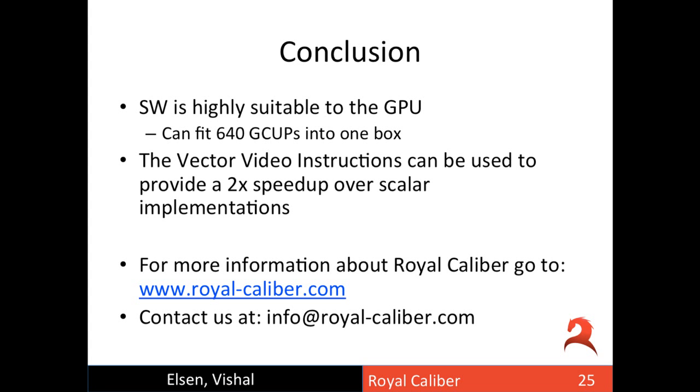And actually, if the human genome is 1 billion base pairs, and we want to align a sequence of, let's say, 1,000 base pairs to the human genome, that's 1,000 times 1 billion, or a trillion cells that we need to calculate. So if we had over a teracup in a box, we could do an exact alignment to the human genome in less than a second, which would be